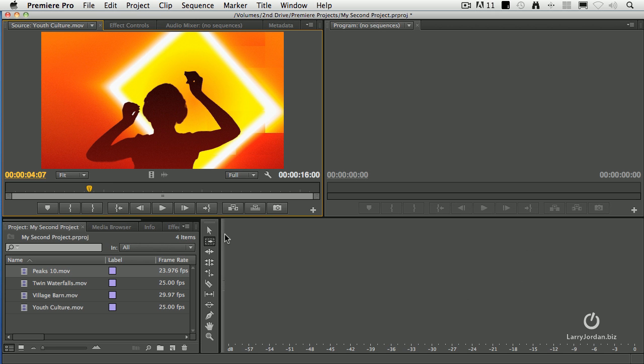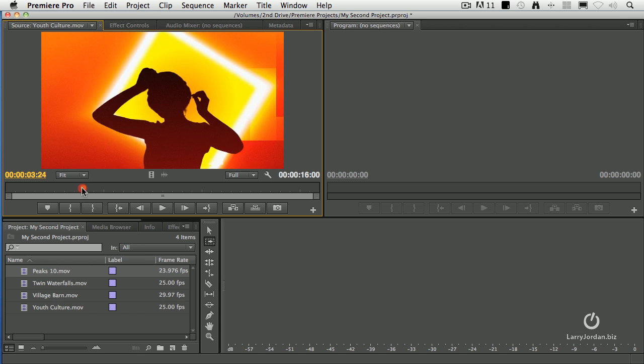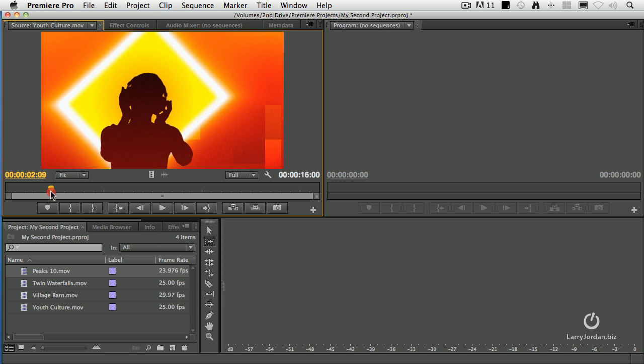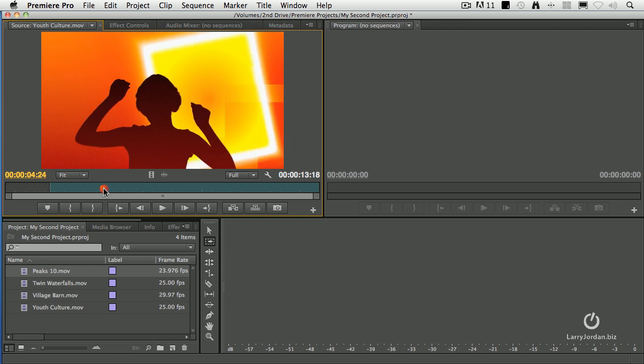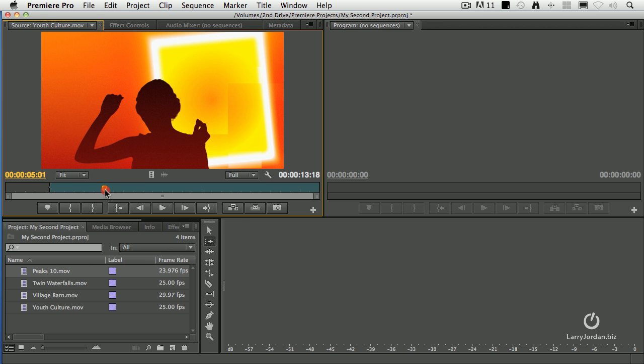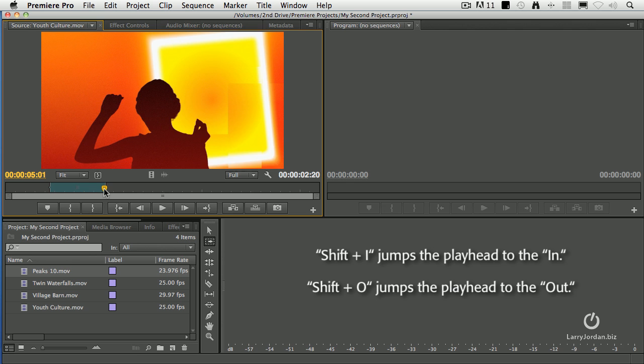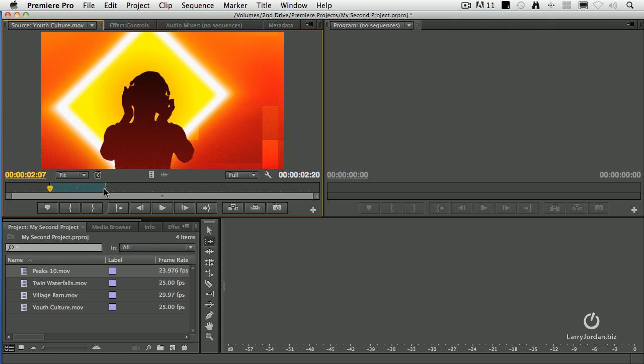The process of marking a clip means to indicate where you want that particular shot to start. We're going to mark an in, and where you want that shot to end. We're going to mark an out. Marking is always done at the position of the playhead, so let's start with her hands on her ears and type the letter I to set an in. And we'll go over to about there, and we'll type the letter O to set an out. We can jump to the in by typing Shift-I, jump to the out by typing Shift-O. Shift-I and Shift-O jump between the two. And what we've just done is we have marked the clip to get ready to edit,